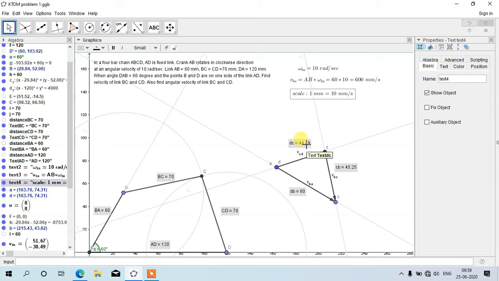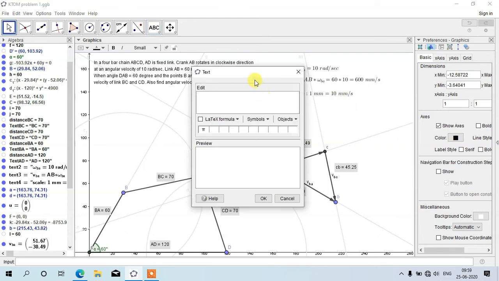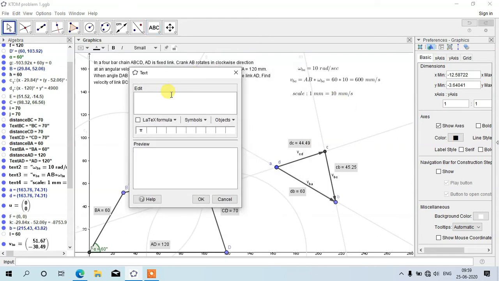So if we find the velocity of link BC, velocity of B with respect to C